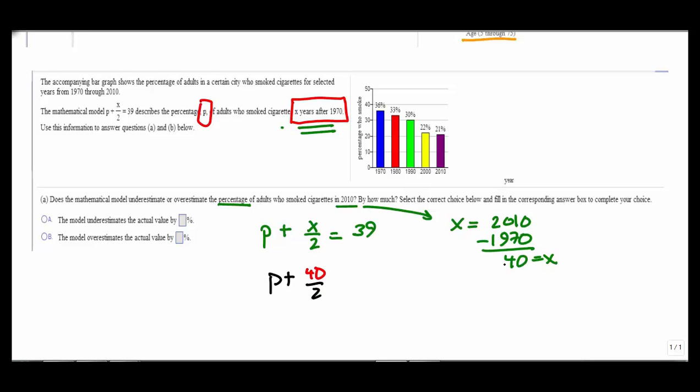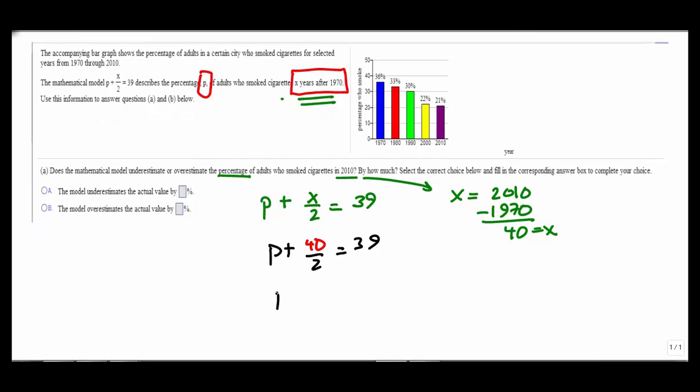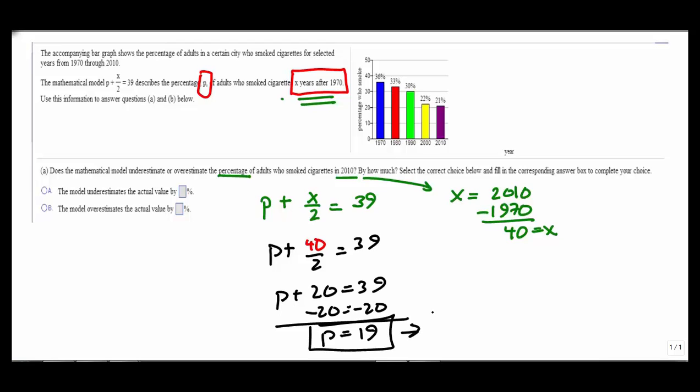Because again, it's 40 years after 1970 in 2010. Equals 39, and then I just solve this as usual. So I have P plus 40 divided by 2 is 20 equals 39. Subtract 20 from both sides, and I have P equal 39 minus 20 is 19. So we come up with the model says 19%